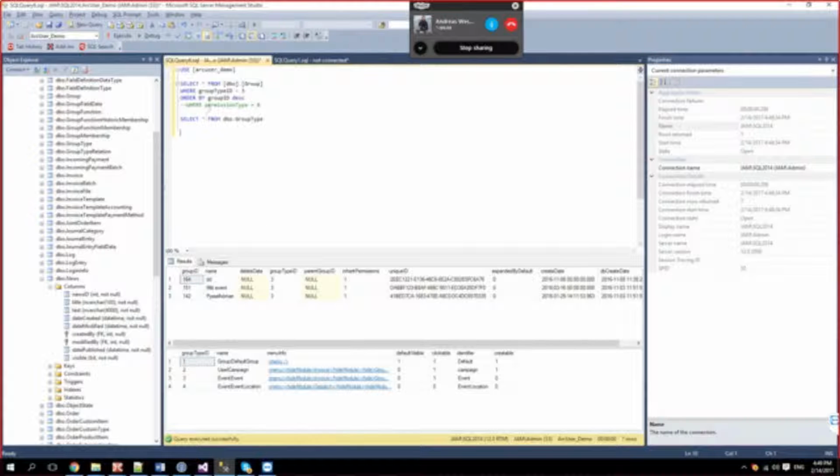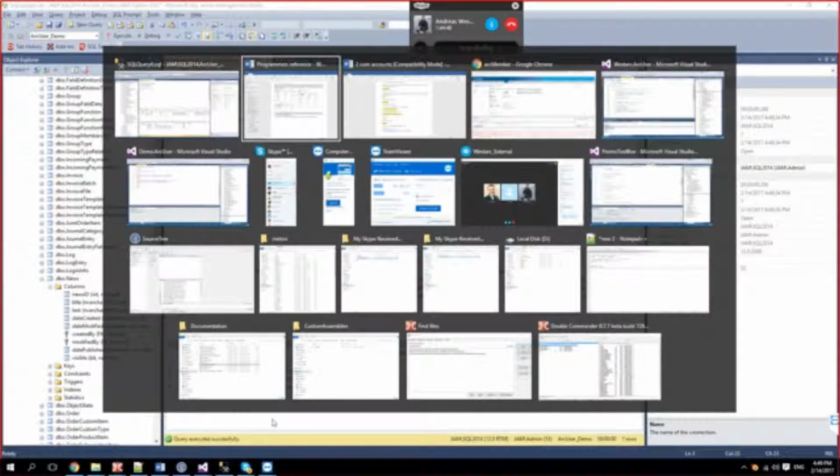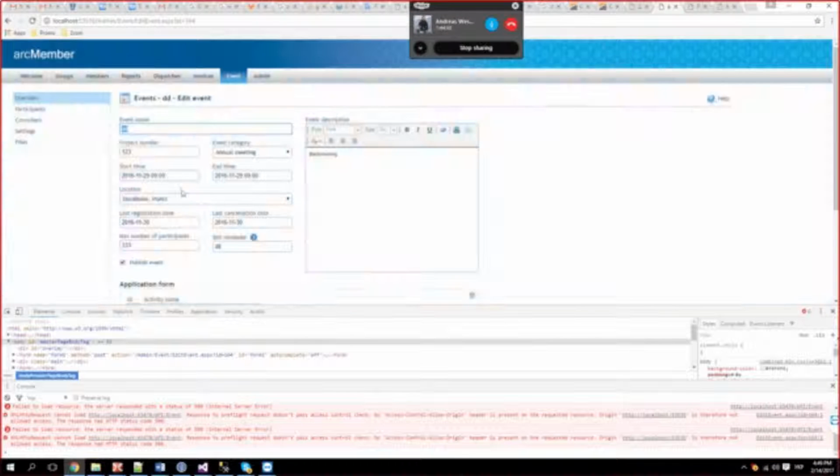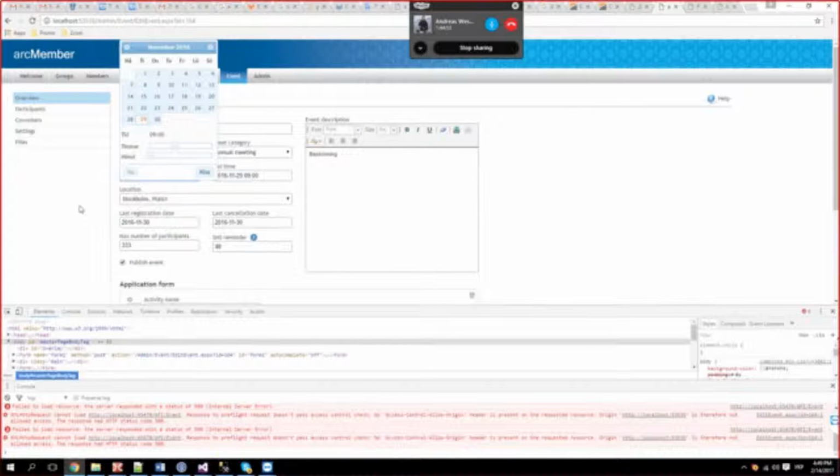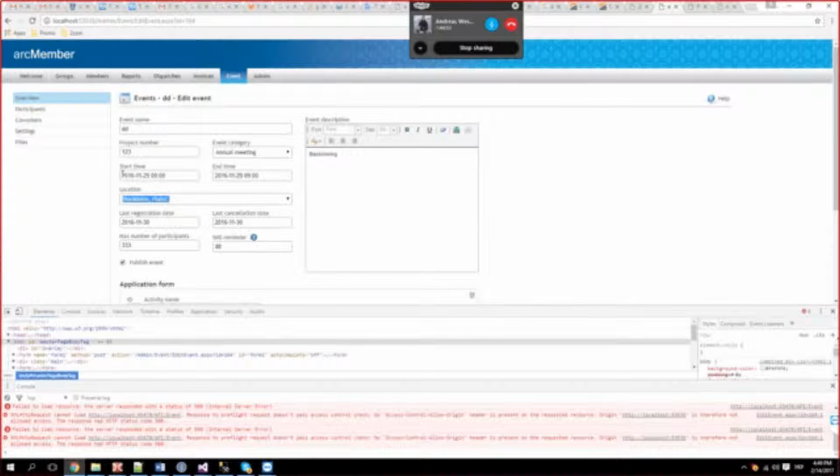So selecting from groups, this start time, that is a group field, and the same goes for SMS reminder, that is also a group field.